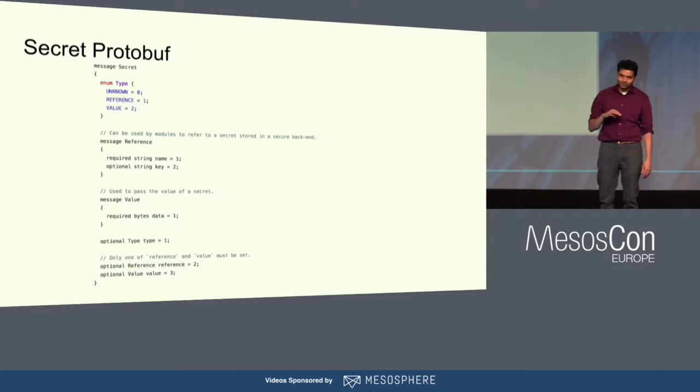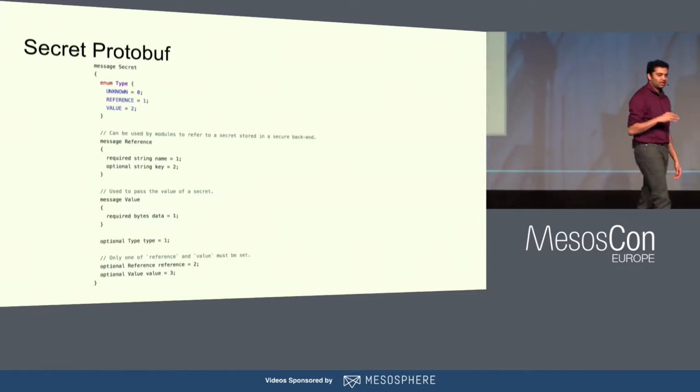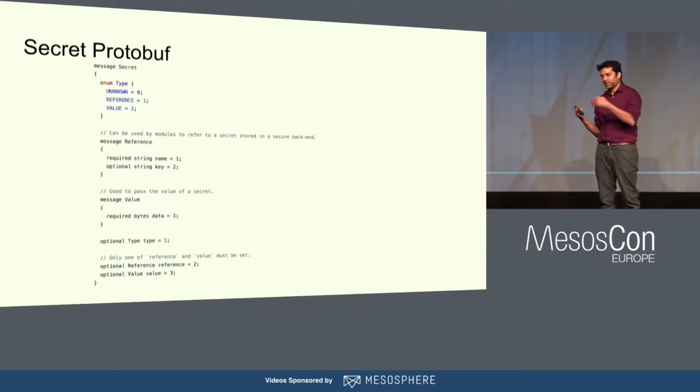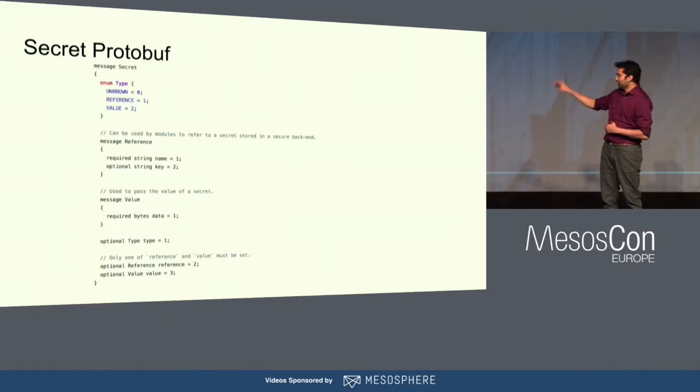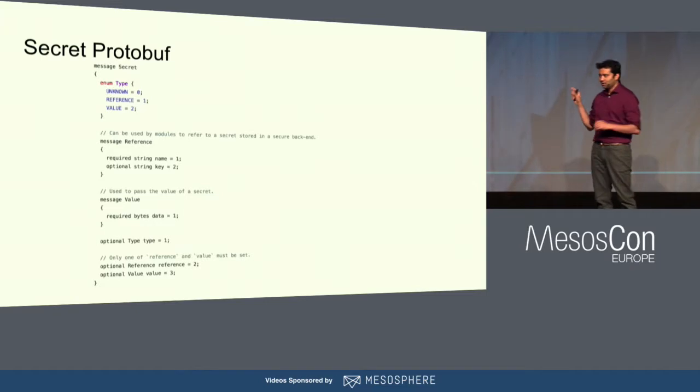The value-based secret is mostly for testing purposes, and we also leverage this for the executor authentication. In this case, the value of the secret is actually inside the protobuf. Clearly not very secure, only secure if your network is completely encrypted. We make sure we don't expose any of this in the APIs, so that part is taken care of. But if the framework is using the value-based secret, which I highly do not recommend,